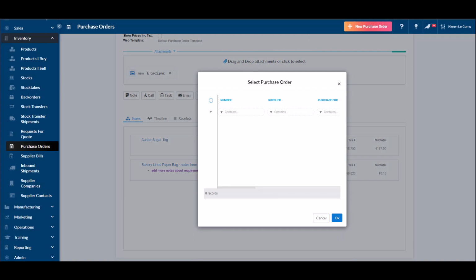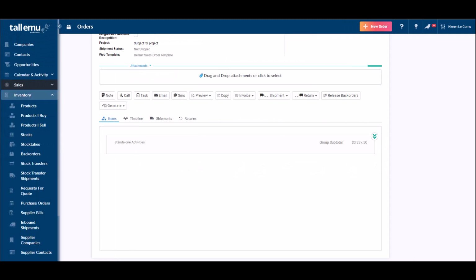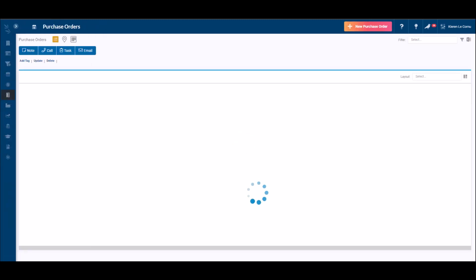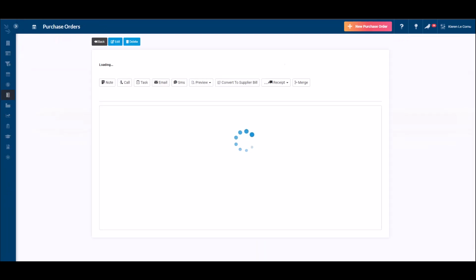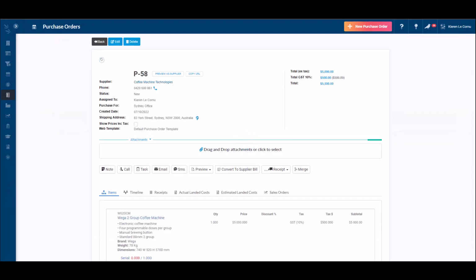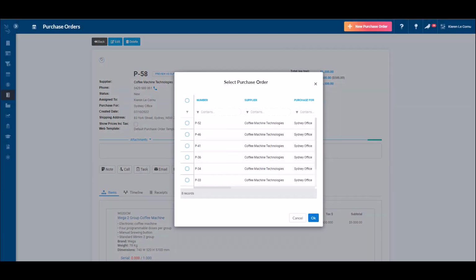Now, knowing my luck, I have picked the only supplier that doesn't have any existing purchase orders in the system. So let's go and have a look at another purchase order that actually has that option. So if I come down to purchase orders in here, what I'll do is I'll click on an existing purchase order that I know there's other purchase orders for that supplier. I'll click the merge button, it goes okay,